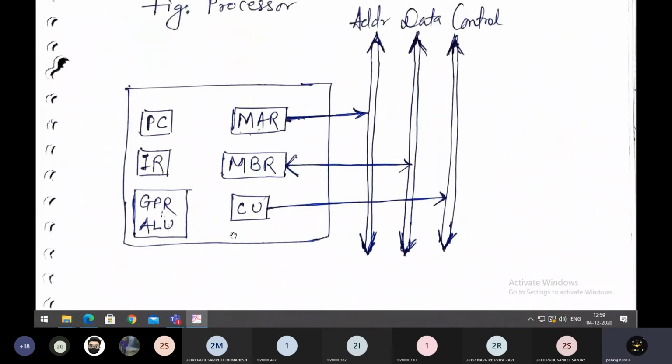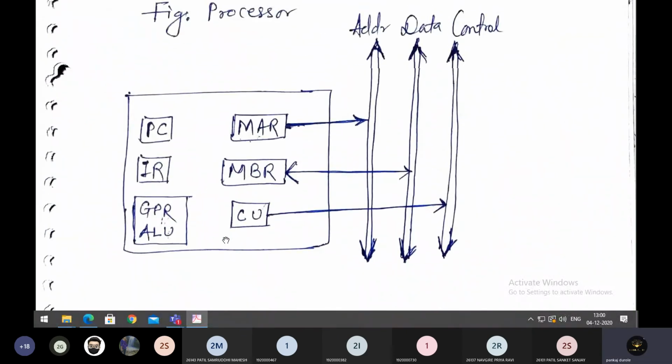So what is the sequence of micro operations that we have just learned? PC goes to MAR, and MAR finds the address through the address line from the memory. Once the address is got, from that address we can take the data. So the data from the memory goes to MBR.